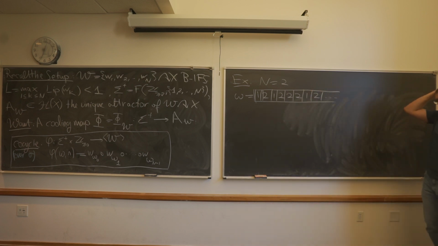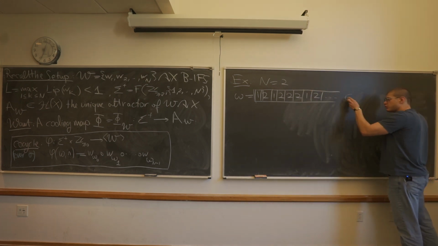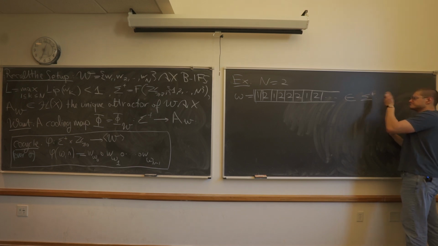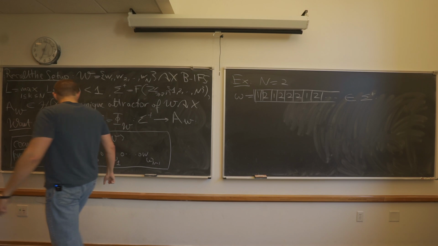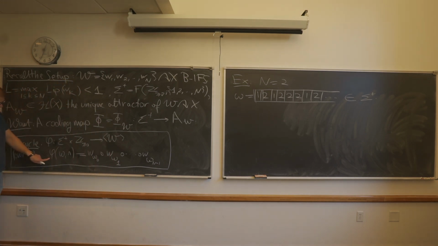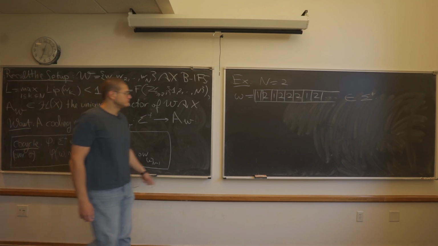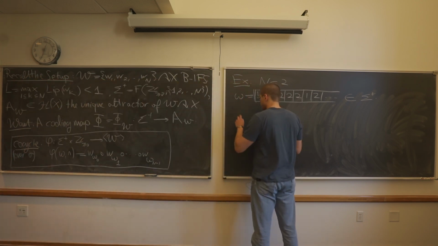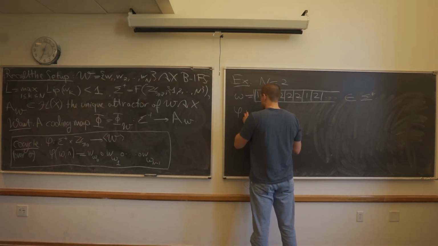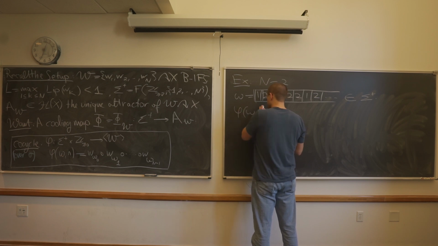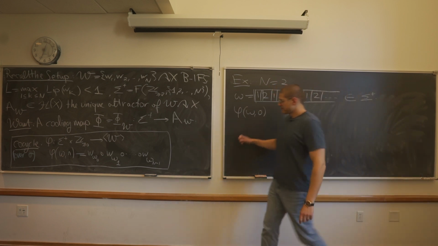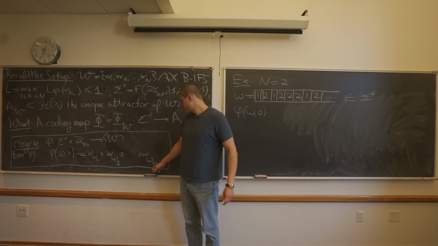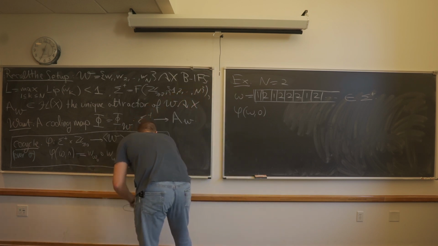So this is what we call the ticker tape notation. This is just one point in the sequence space. So what is phi of omega comma 0, first of all? This is sort of a technical definition in a sense. So here, this should be lowercase n.